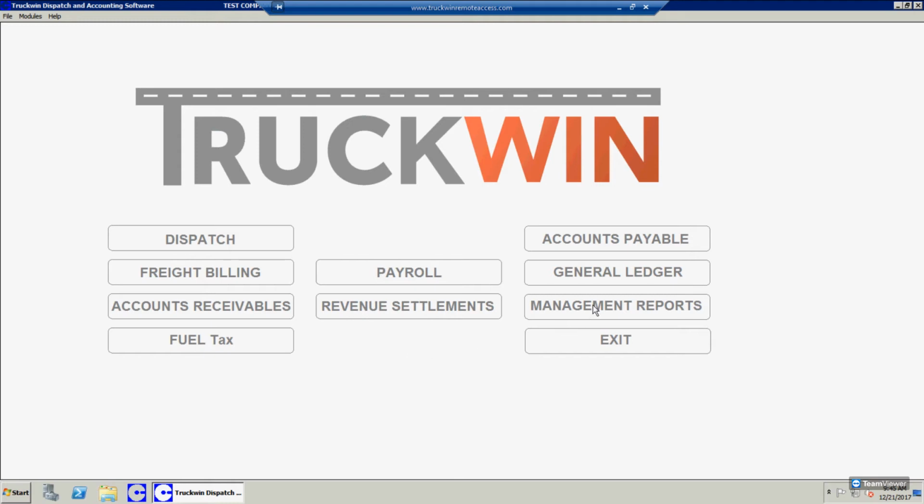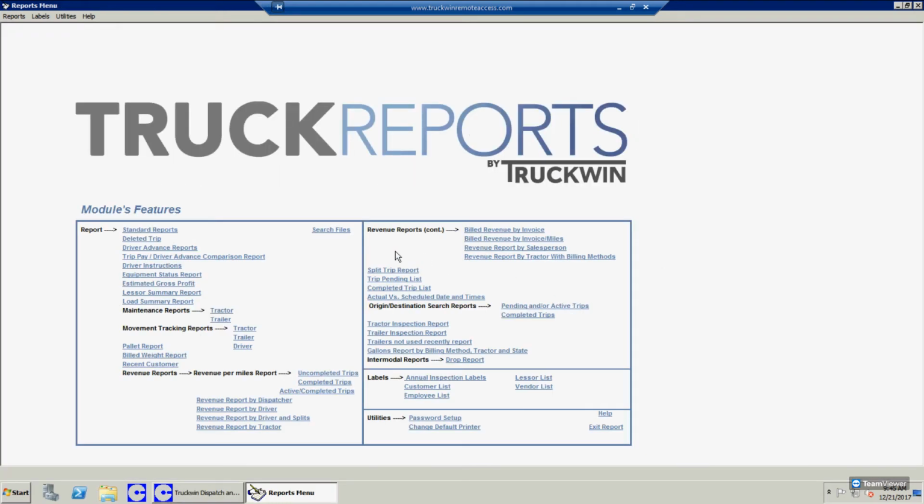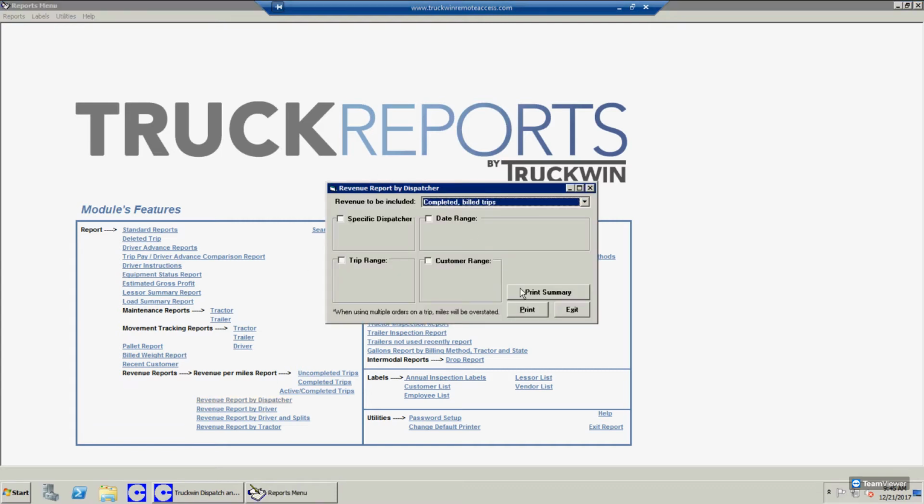And we'll skip down to management reports. And the first thing we have here is revenue reports under the revenue report by dispatcher. We added an option that says print summary. If you were using this report before and hit print, you would get detail on all of the trips each dispatcher had, which could turn into a really long report full of good data. But a lot of times you might just want to see numbers, like how many trips did dispatcher ABC have. So print summary,